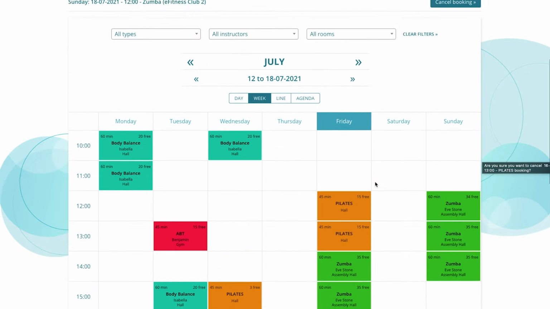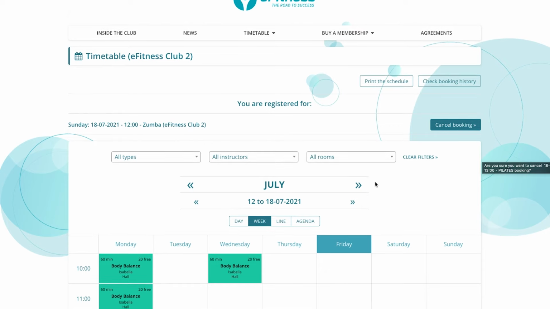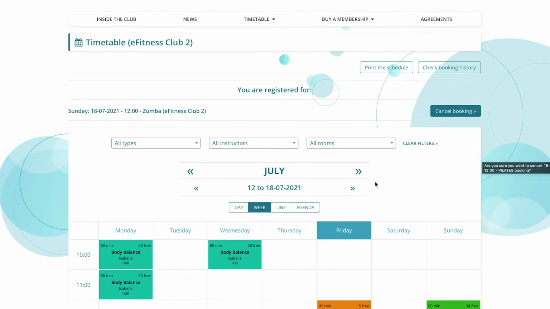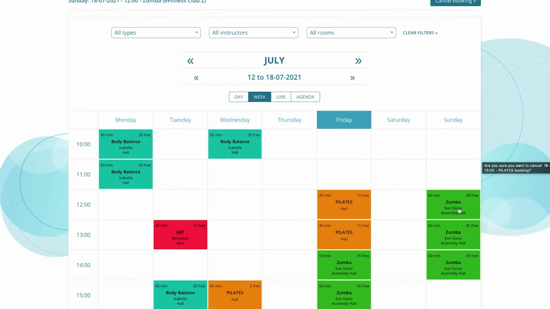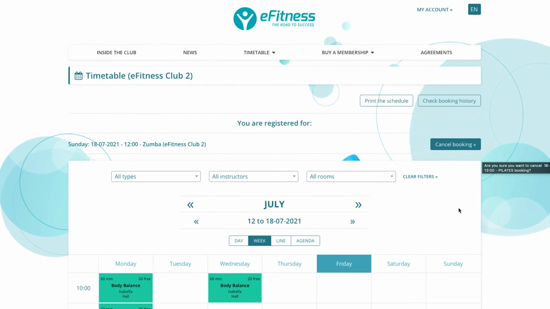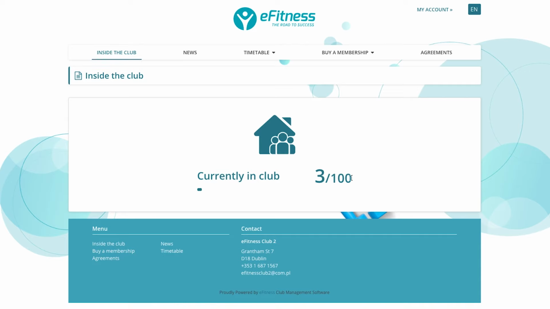Great thing, I'm not sure if I mentioned, in regards to mobile application, you can also create online classes where clients can sign up to some online content, live content. It's a very handy feature. From here, inside the club, you can set a limit how many people can actually enter the facility in a given time. I see that right now there are 3 people in the club, so it's that indication